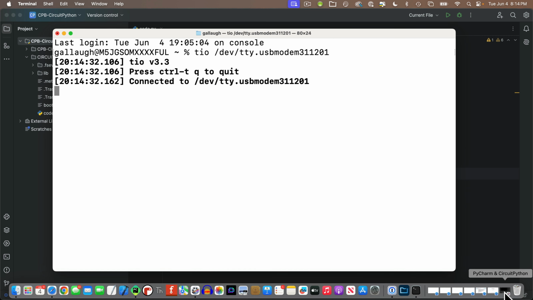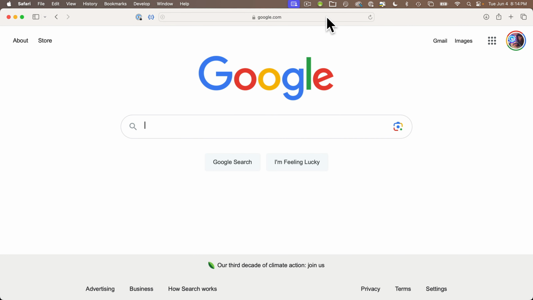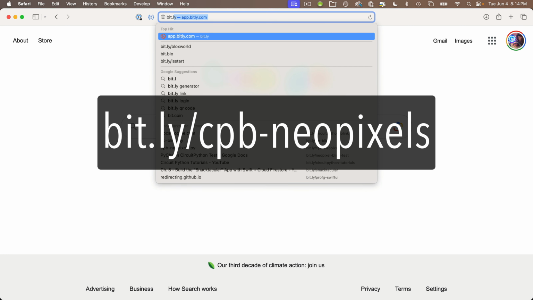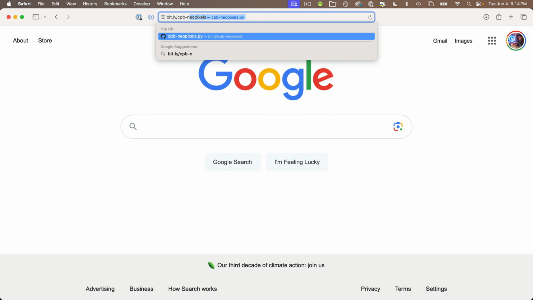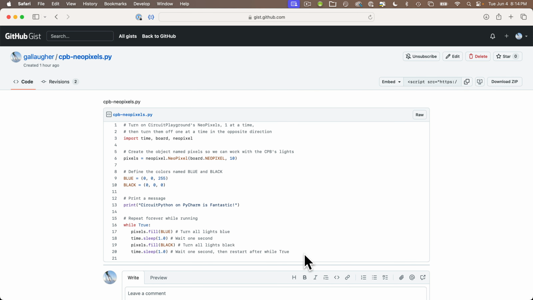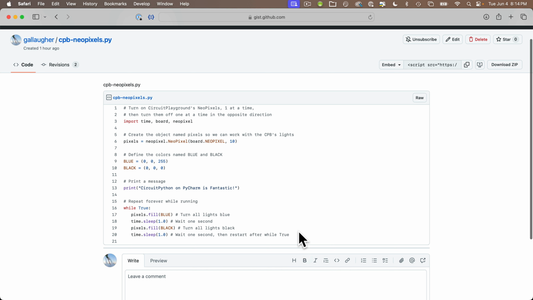Now, rather than type in a new program, I'm going to grab this short program from GitHub. You can find it at bit.ly/cpb-neopixels, all one word, all lowercase. This code runs on a Circuit Playground Bluefruit or Express, and it'll flash all the lights on and off in blue. Feel free to write your own code if you've got a different board, but I'll highlight all this code,